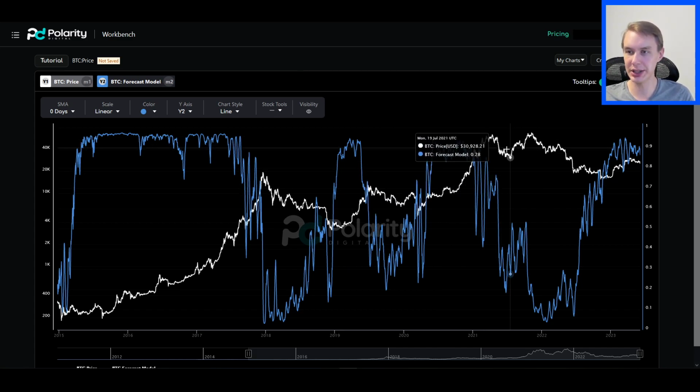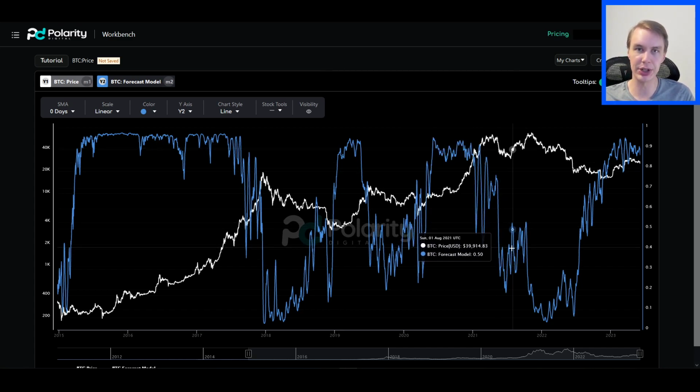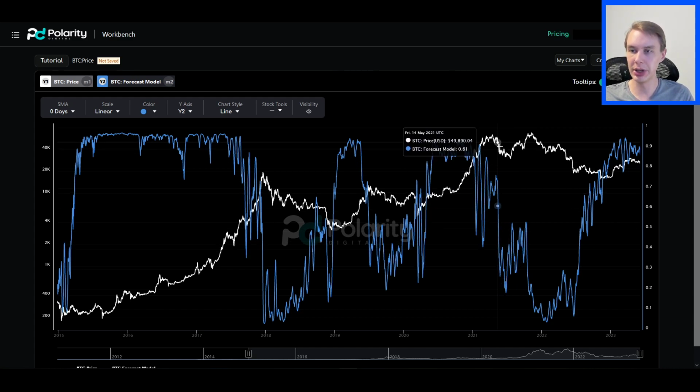But just as importantly, and I think this is one place where this model really distinguishes itself from a lot of other models that people were looking at the time, look at what happened going into this double top that we got here in November. You'll see that the model was starting to get a little bit more uncertain, still generally leaning bullish. In fact, funnily enough, it was actually right to do so. This is 6 months in the future from here to here. The market was up here relative to where it was down there, so it got that right.